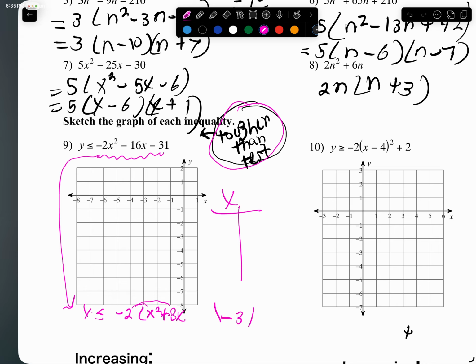Okay. Now, divide that 8 by 2. You get 4. Square it, you get 16. This is equal to the binomial squared of x plus 4. Now remember that a minute ago we multiplied the -2 times the 16. If we have it in the parentheses like that, that's a -2 times 16, that's -32. So we need a plus 32. That means you've got plus 1 here, right? And there's your function. And you know that your vertex is -4, 1,